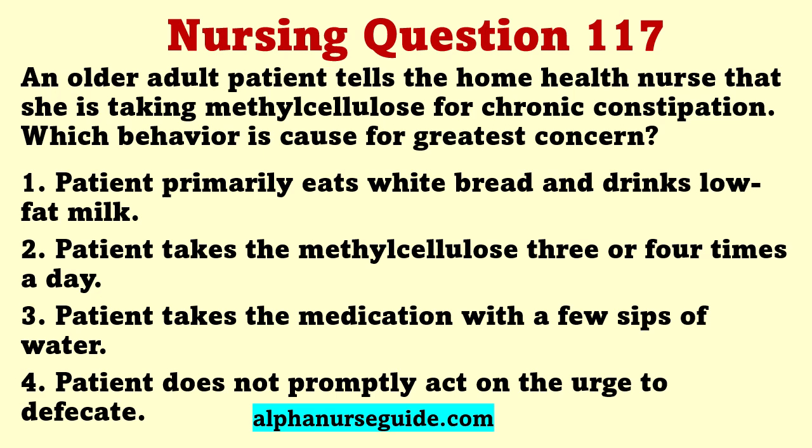The correct answer is 3. Patient takes the medication with a few sips of water. Rationale. Methylcellulose can cause esophageal obstruction if taken with insufficient amounts of fluid. Intestinal obstruction is also a possibility if the passage is slowed or impeded. The patient should be reminded that 3 times a day is the acceptable dose range. High fiber and a prompt response to the urge to defecate should be encouraged to restore natural and normal bowel